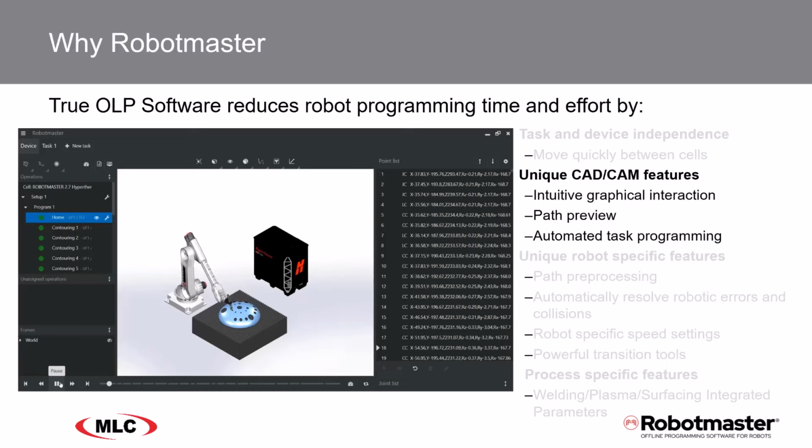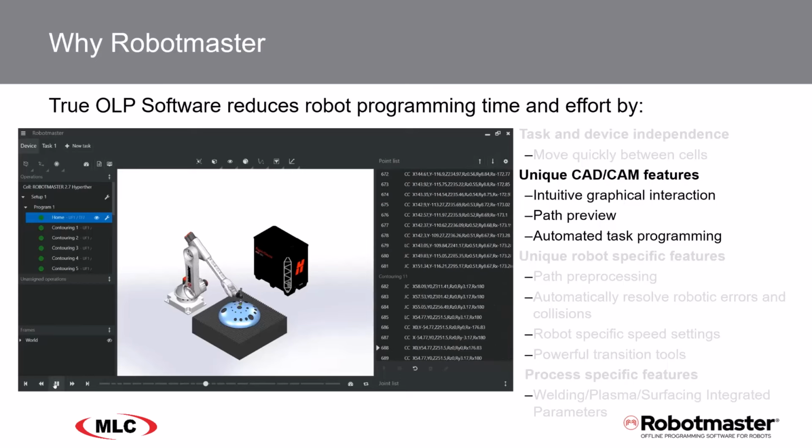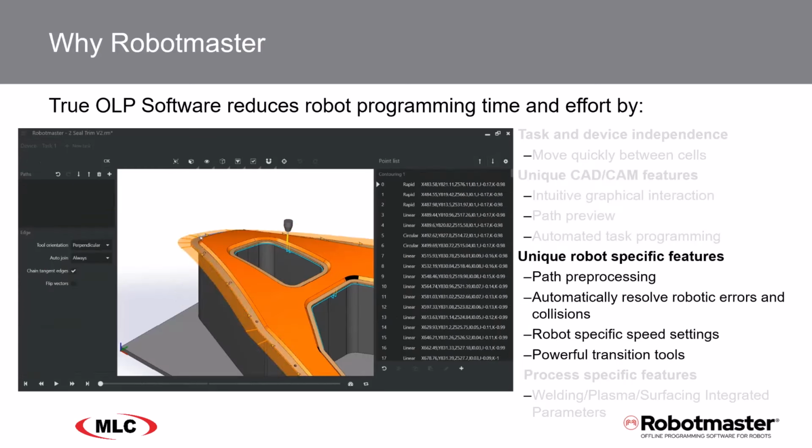Take notice of the graphical feedback from the software to the operator, giving the ability to order your paths to help reduce cycle time. Once the path is created, you should be able to transition quickly into the device environment, simulating your program to find out if you have any robotic issues or if you're ready to go to the robot. With a true offline programming software such as Robotmaster, you should be able to manipulate the data from